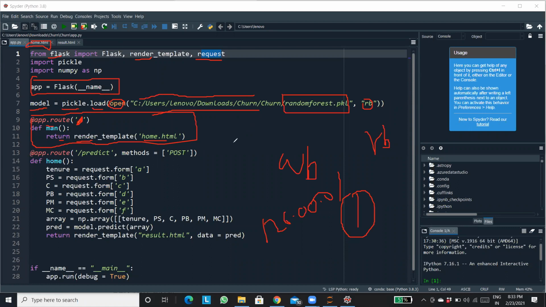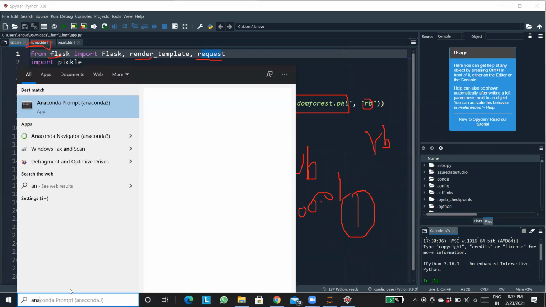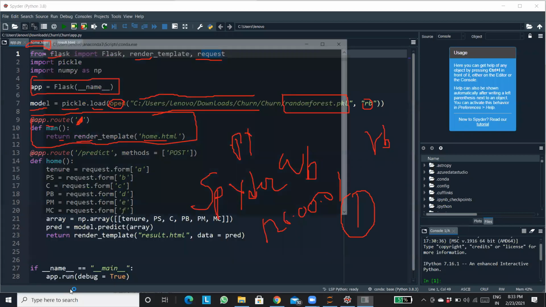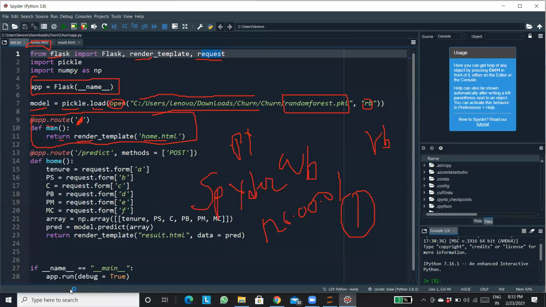Whenever you are using a .py file, either you should use PyCharm or Spyder. This is a Spyder tool that is already present in your Anaconda. I'll just show it to you as well. Once you open your Anaconda Navigator, you will have Spyder, Jupyter Notebook, everything.